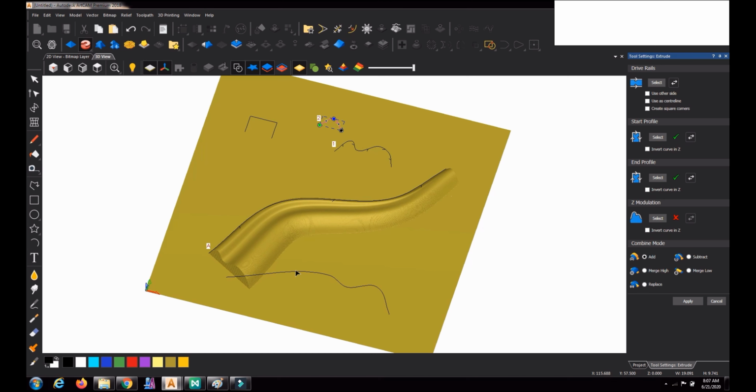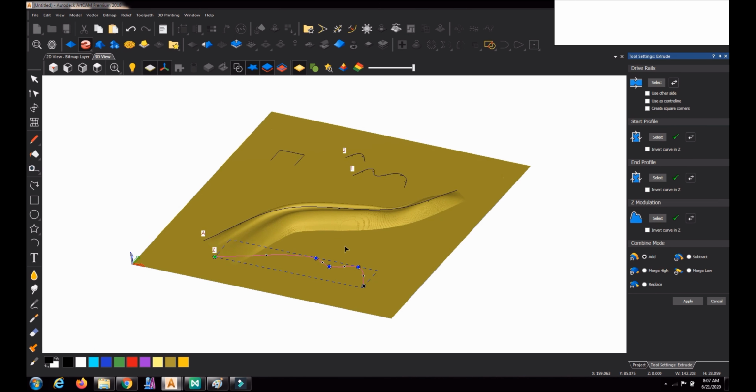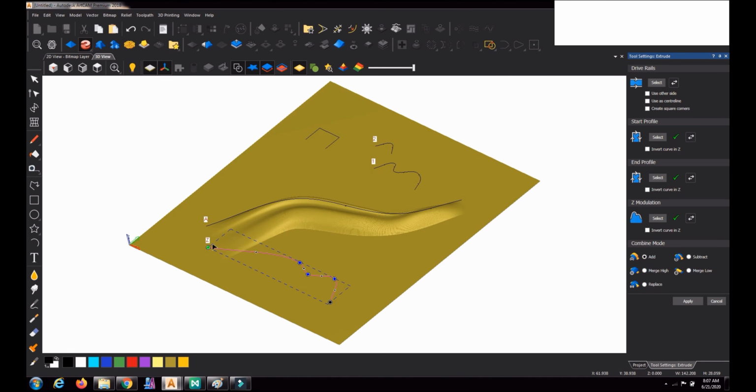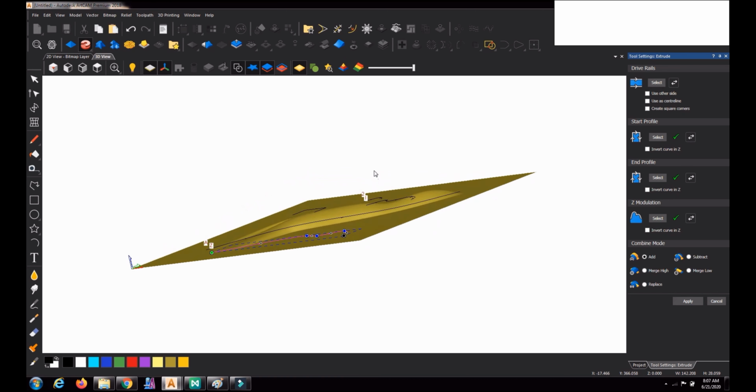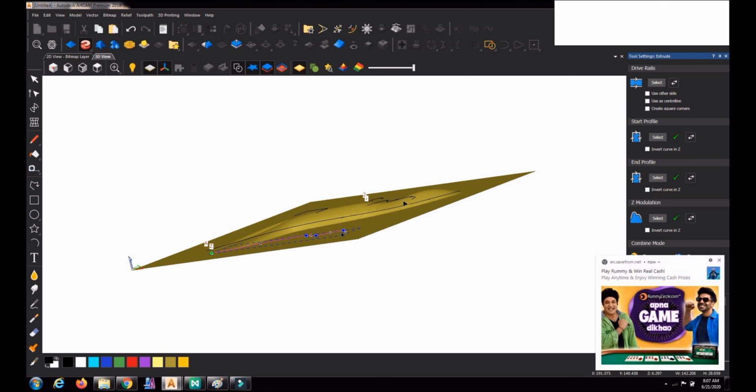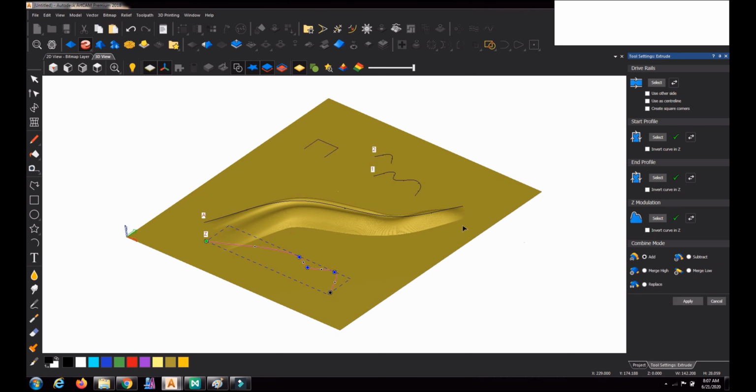If you click this and select the select button under Z modulation, you can see the profile. The 3D relief height has changed from the beginning as per this profile. At the beginning it is 0, then it slowly rises as a graph, then comes down at a certain point, and again goes up and comes down.